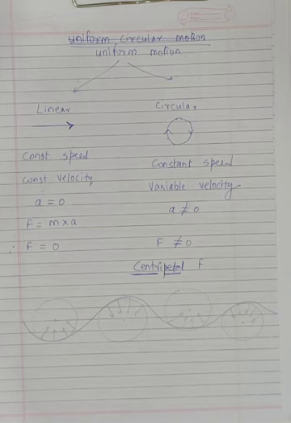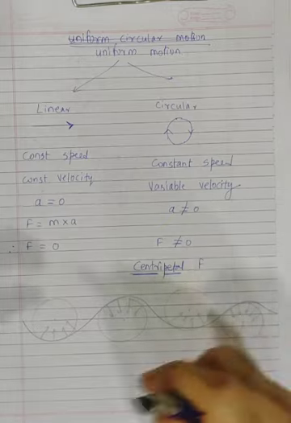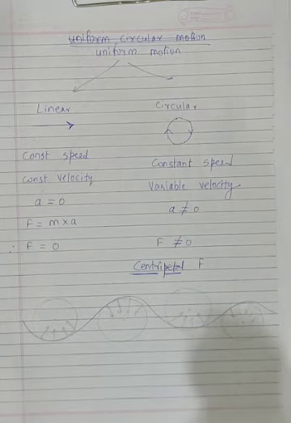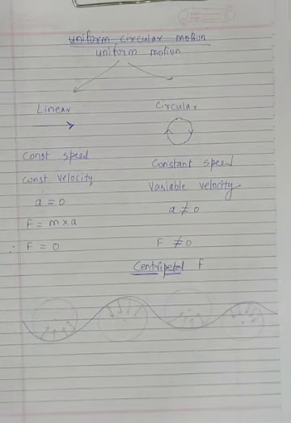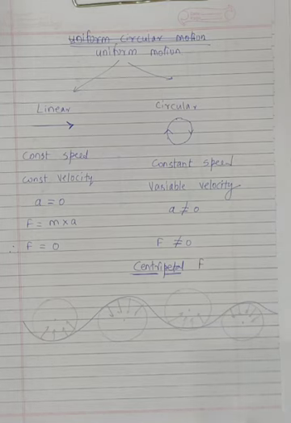the centripetal force. And when a stone is tied at the end of a string and you start whirling it in a circular path, the string will keep moving around like that. So that is called what? Again there is a centripetal force, and the tension force in the string is the centripetal force there.